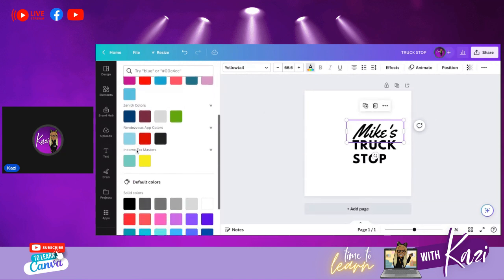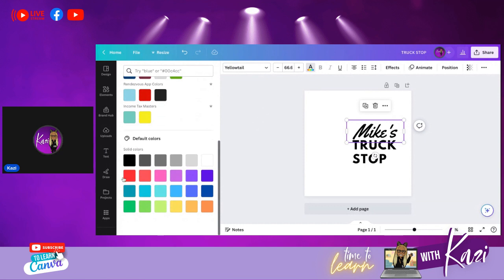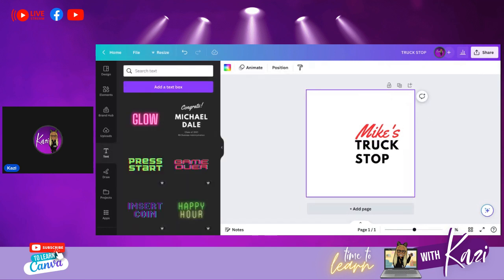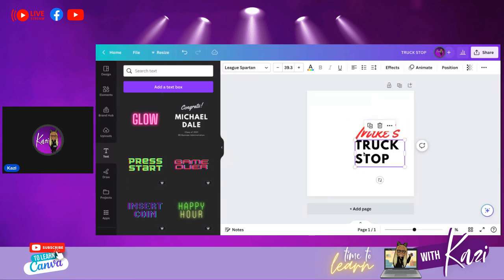And then what I'm going to do is just go ahead and pull a color. I was looking at marketing colors this week, and they were saying that for trucks, colors that are great for trucking logos are red, green, blue, and some other colors, but those are the ones I can remember right now. So I'm going to go ahead and take this truck stop, and I do want to decrease